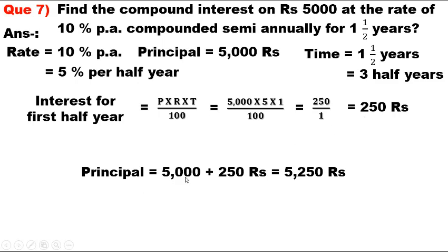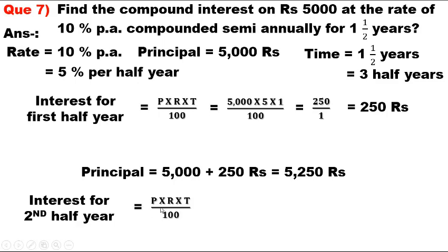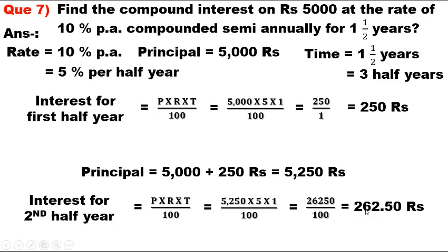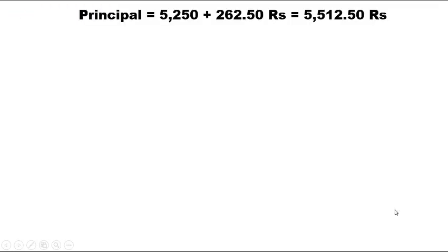Principal is equal to 5,000 plus 250, which is 5,250 rupees. Interest for the second half year is equal to P into R into T divided by 100, which is 5,250 into 5 into 1 divided by 100, equal to 26,250 divided by 100, equal to 262.50 paisa. Principal is equal to 5,250 plus 262.50 rupees, which is